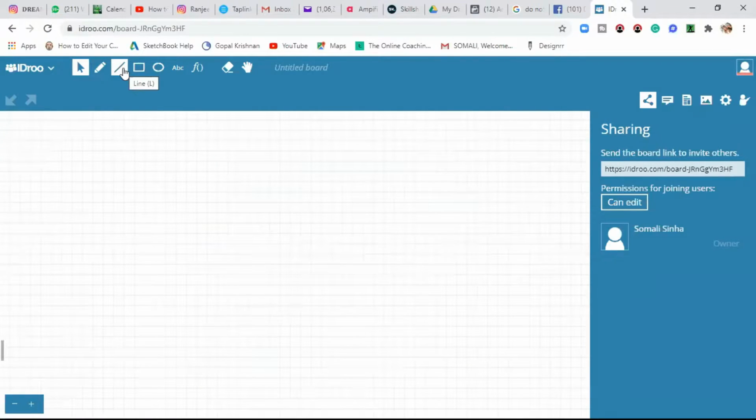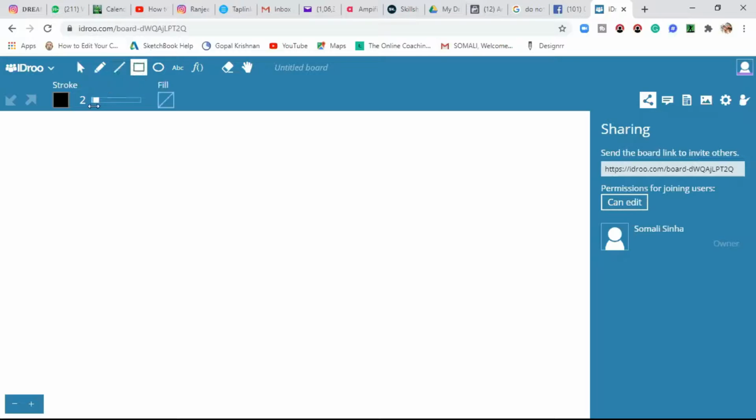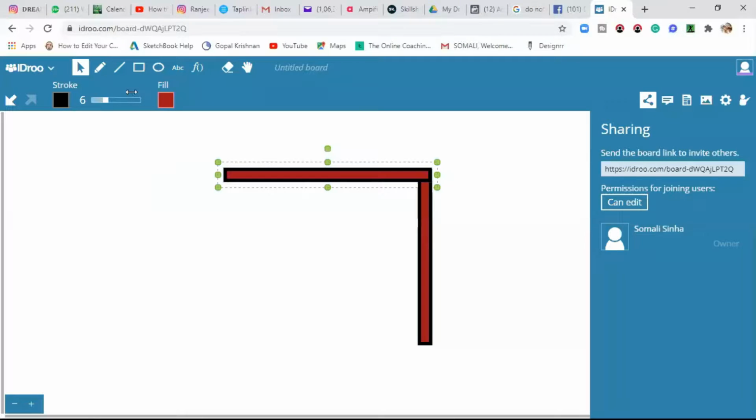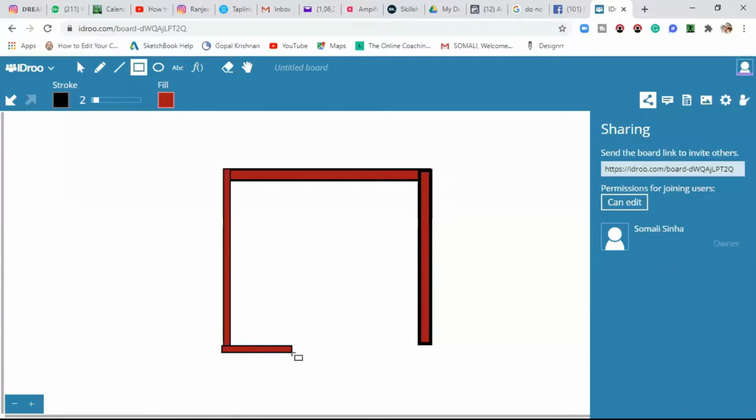Let me just create my toilet. Let me take walls first. Walls I'll create 8 feet. Let me take 2 external walls like 8 feet and 2 internal walls. This is one internal wall and I have a door here. Okay, now this is the door. Now I can have a shower area here, some storage here, wash basin, bathtub.